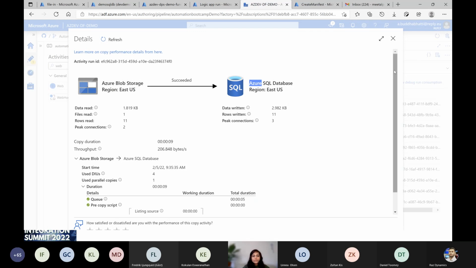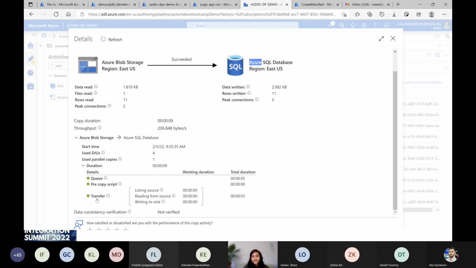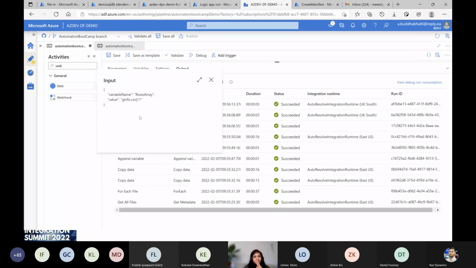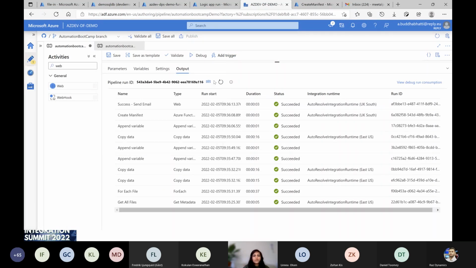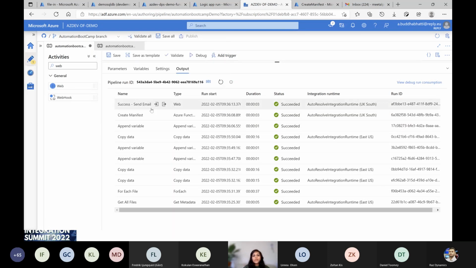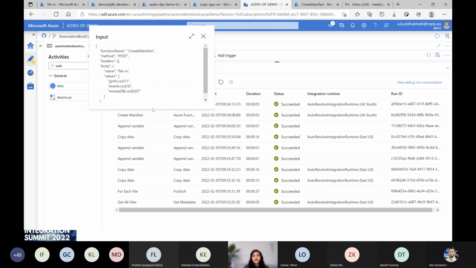And you will see more information here as well, like queuing time, transformation time, and how many records have been read. If it's failed, then you will see failure information as well, and this is a value in the append variable. So now you can see that the final value in the append variable is the last value. This is the append variable, so now the append variable has this message,